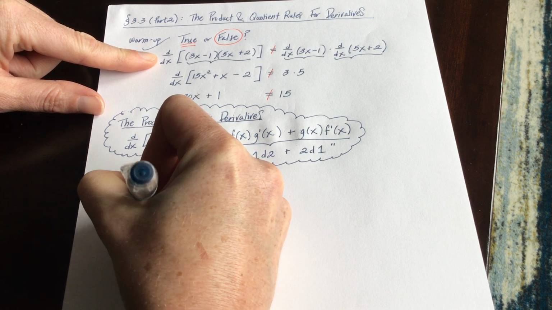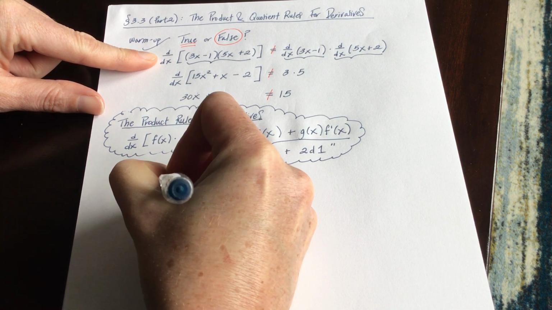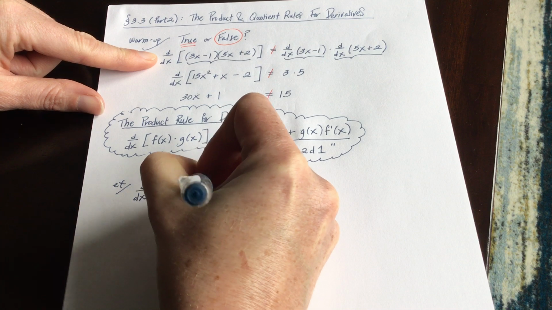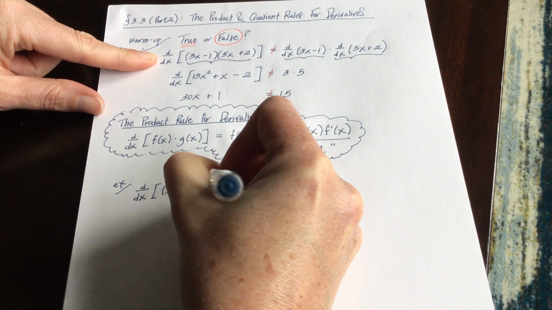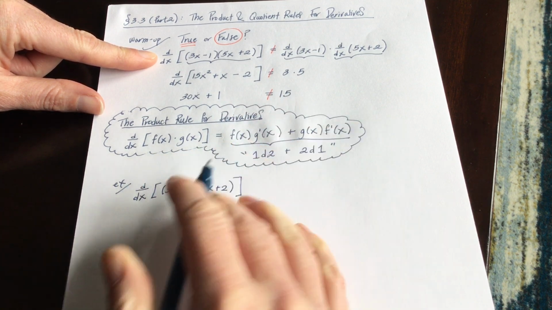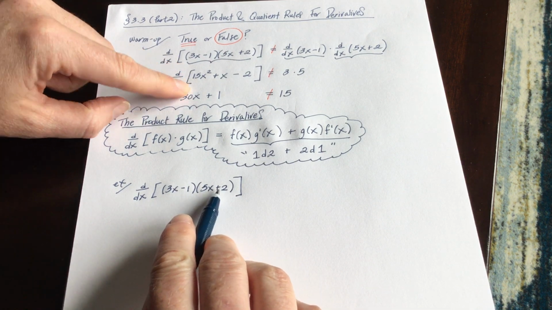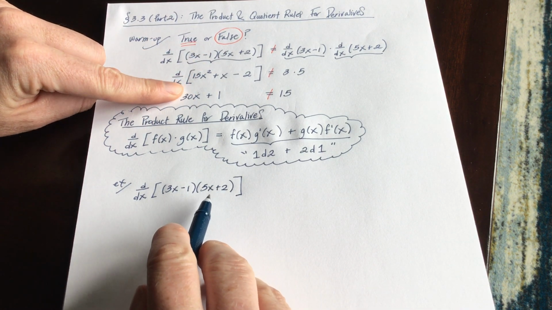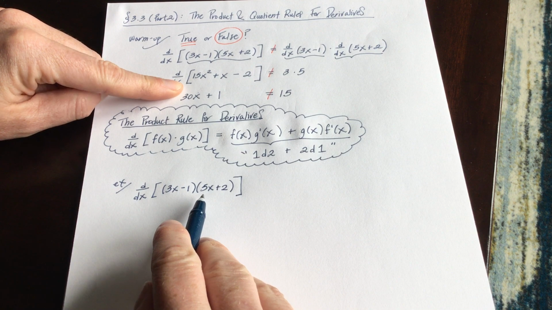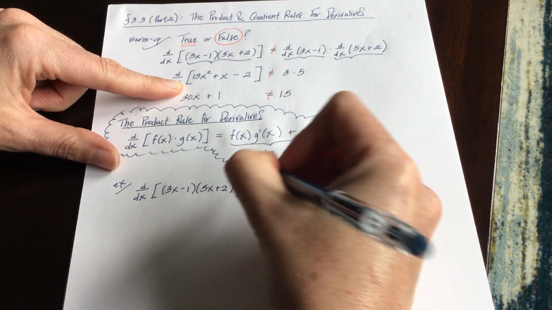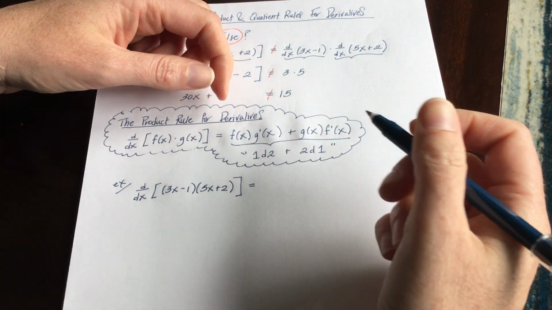So let's say you're doing d/dx of (3x minus 1) times (5x plus 2). And just for the record, just multiplying it out and doing the derivative the way we did over here on the left side is actually probably the most efficient way to do it. But let's say you're trying to practice using the quotient rule, or sorry, the product rule. We would do